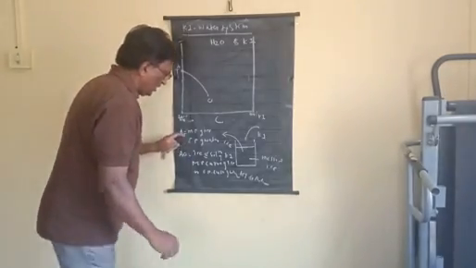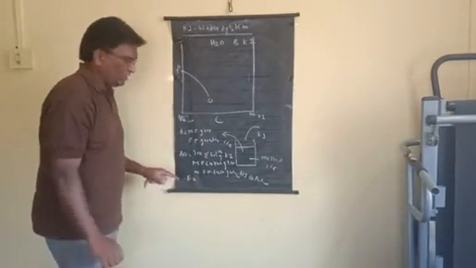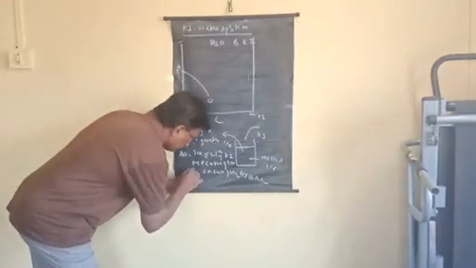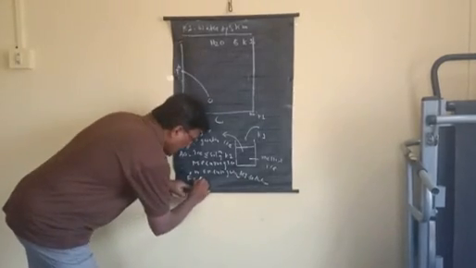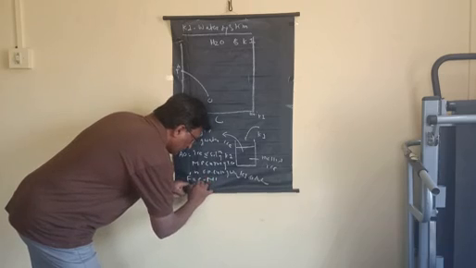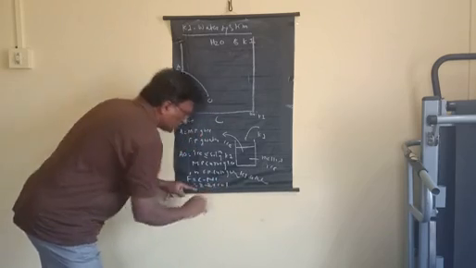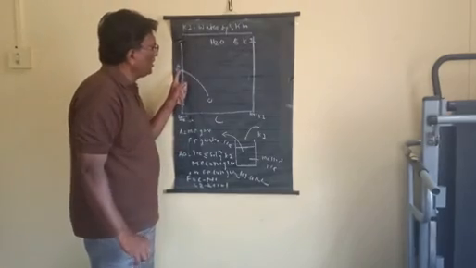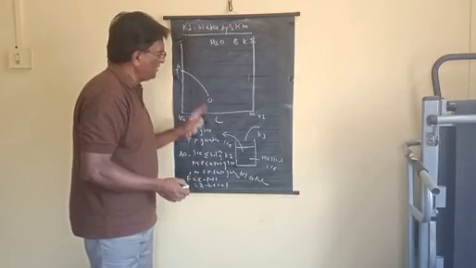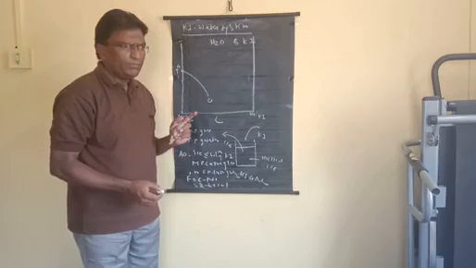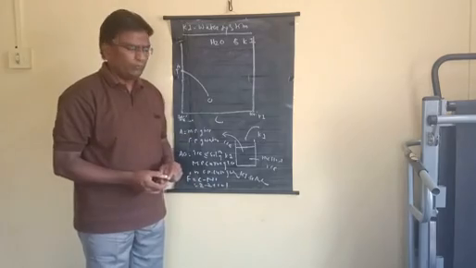Now, if you want to calculate the degree of freedom along the curve, as it is a two component system, we can use the reduced phase rule. F dash is equal to C minus P plus 1, that is equal to 2 minus 2 plus 1, which is 1. Two components, two phases are in equilibrium, and therefore the system is univariate. In order to define the system on this curve, we have to mention either temperature or composition. That means any one variable is to be stated in order to define the system on this curve.